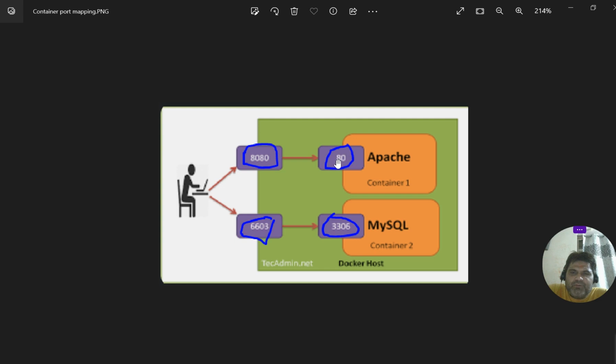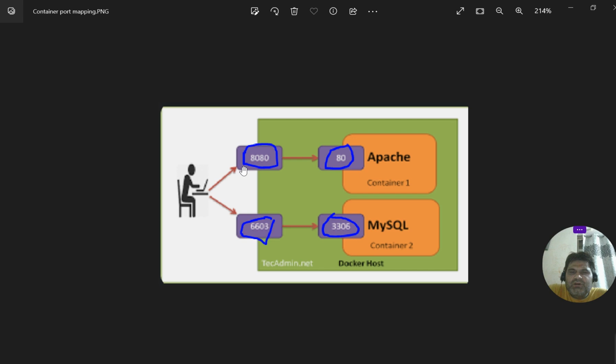So inside a container, I will expose port 80 where the Apache server is running, and it will be mapped to this port 8080 of the host server,